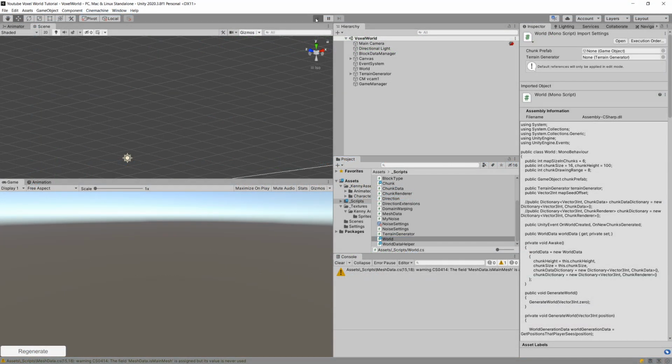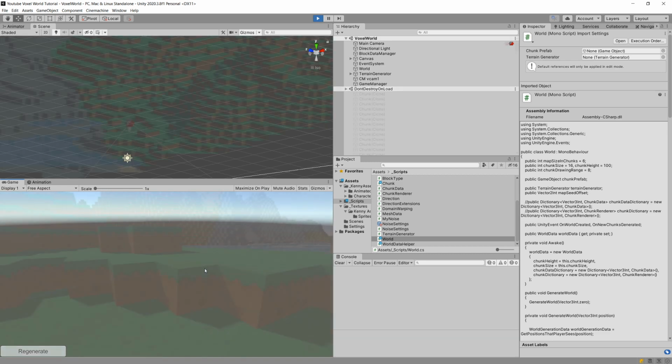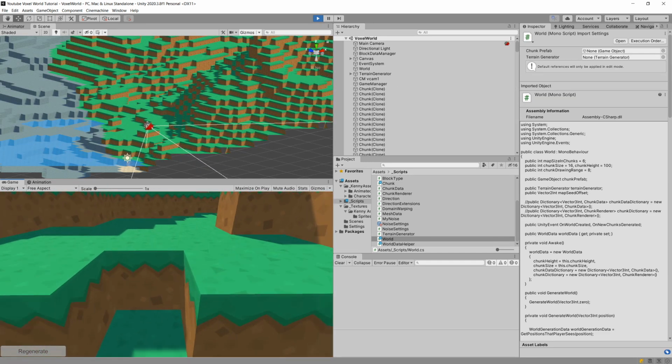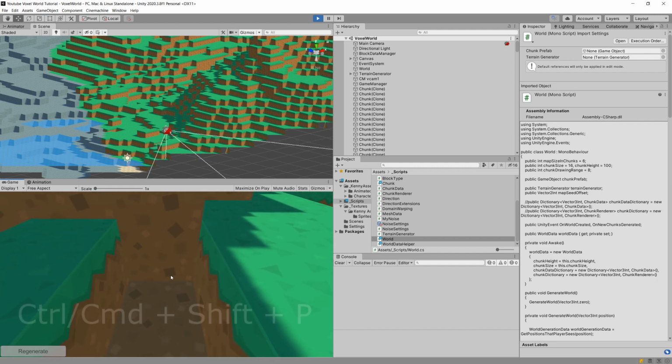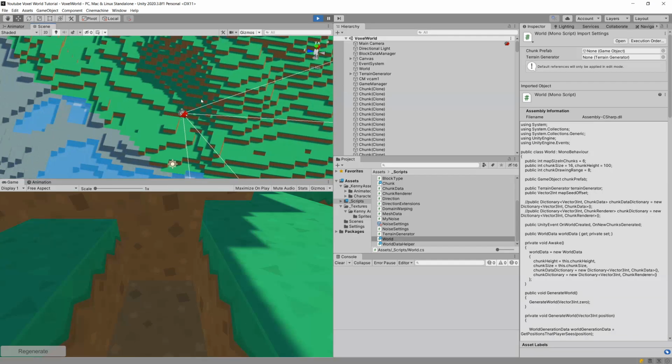So let's make sure that we file and save all scripts, and let's go to the Unity. So now let's press play. And let's see when we generate our world. Okay. I think that here we are going to reach the end of our chunks. And let's Ctrl-Shift-P to pause our game. And let's see where we are now.